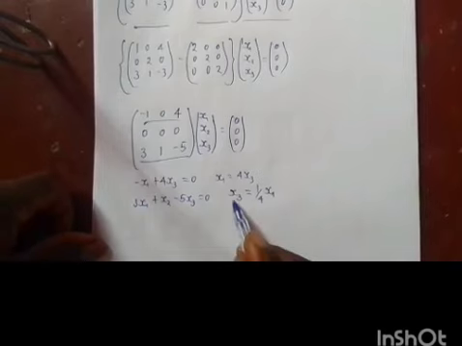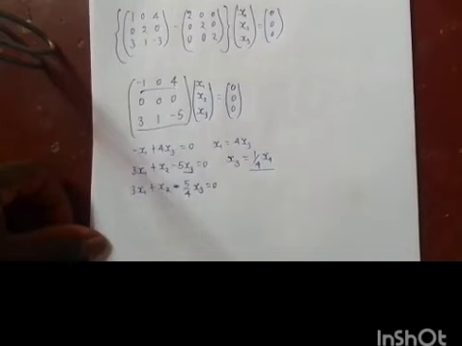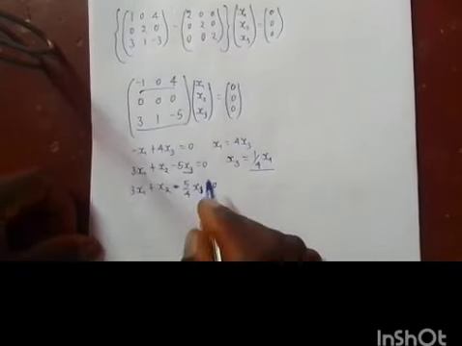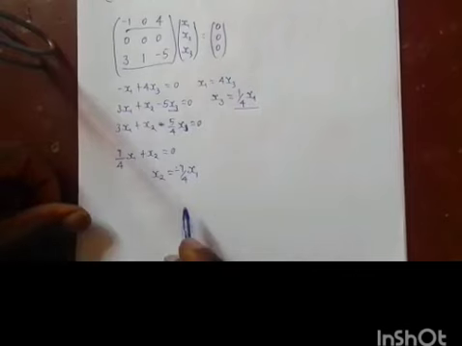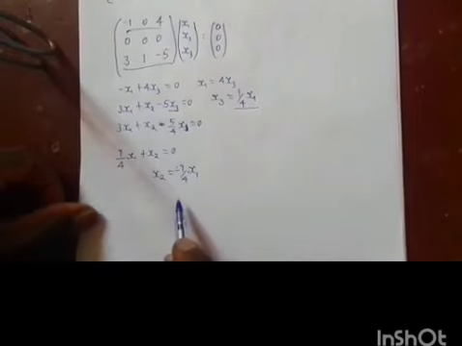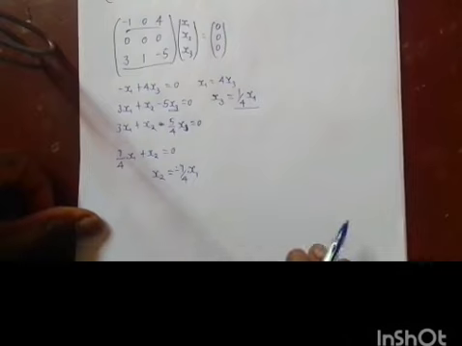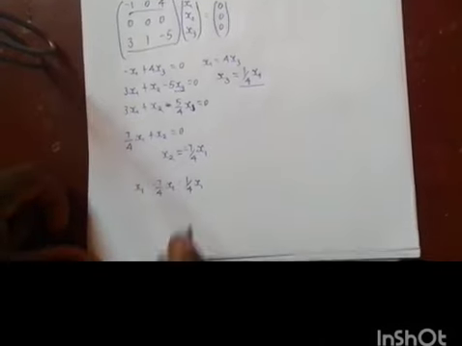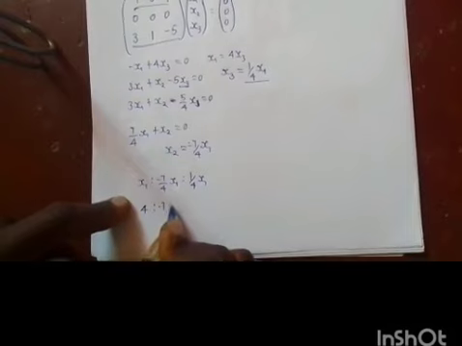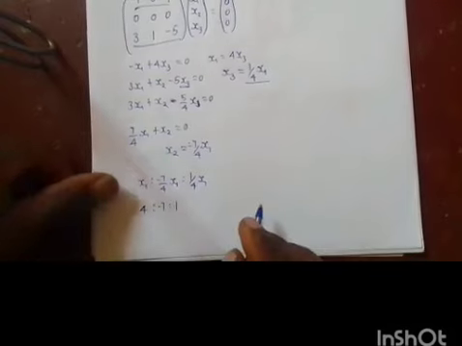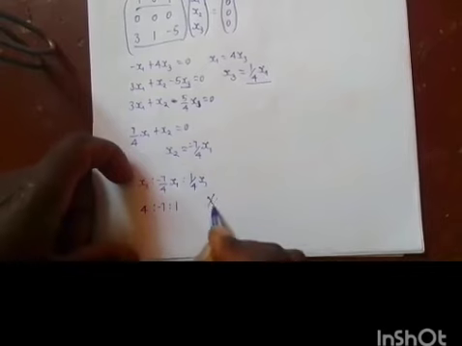So substituting this value of x3 here, and putting like terms together, we obtain, so therefore x2, so writing the ratios of these values, we have, so that is to say 4 to 1. So by this we obtain our first eigenvector as,